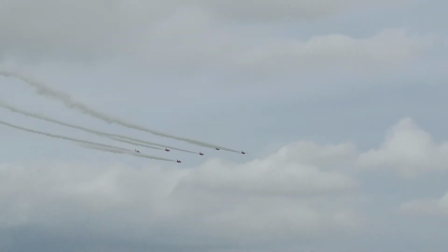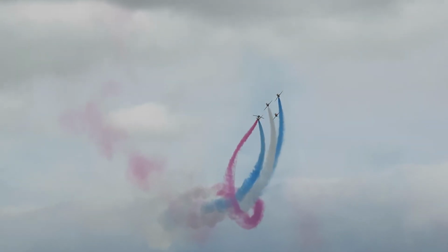Pilots, they're pitching up to fly an aileron roll manoeuvre, essentially a full roll, here in the skies above the Royal International Air Tattoo. Now the Red Arrows officers are very lucky to be joined by all of their wives and partners here at the Air Tattoo this weekend. It's the best part of the season for us. So we would like to dedicate this to Ange, Laura, Michelle, Leanne, Monica...